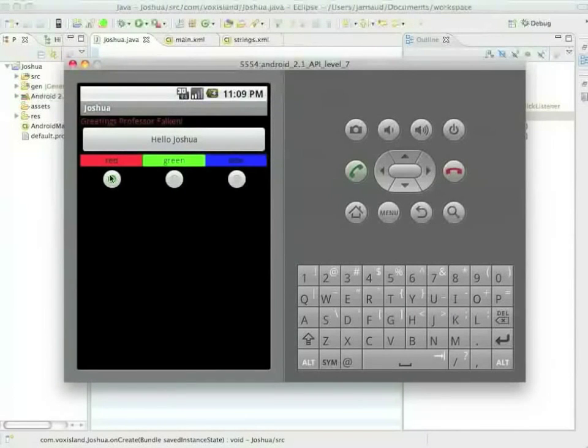So that's it for this chapter. As you can see, there are a lot of mechanical stuff when programming Android applications. So a very good exercise for you would be to get familiar